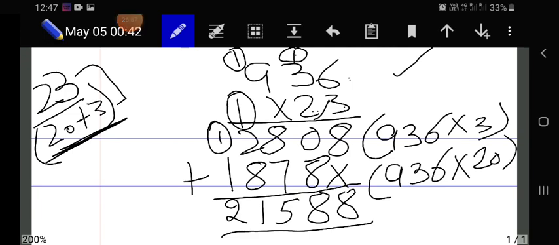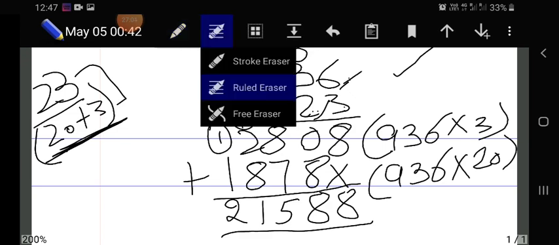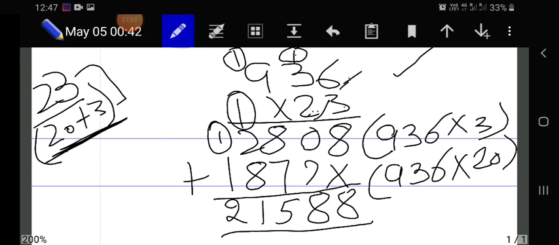Oh, sorry students, I have done a little bit wrong. Here 2 6s are 12. Here we will write 2. 2 6s are 12. 1 is carried. So the answer will be 21,528. Okay, so this is the solution, and you can see from the video also that the solution of both the sums is the same.